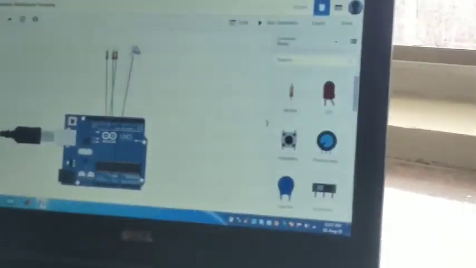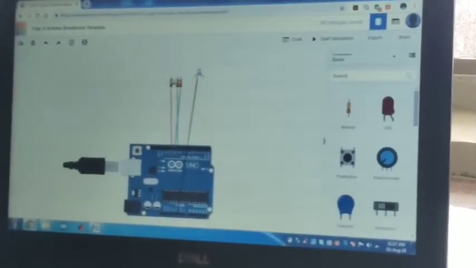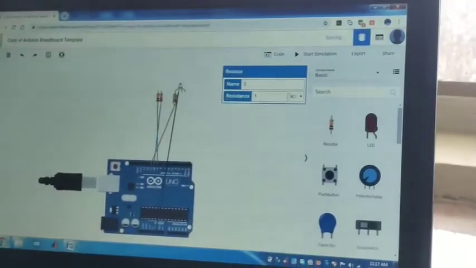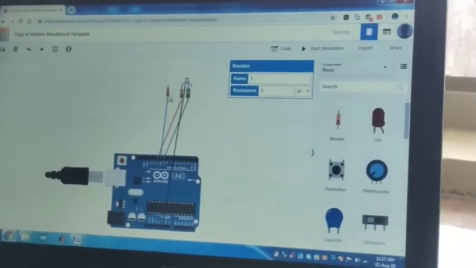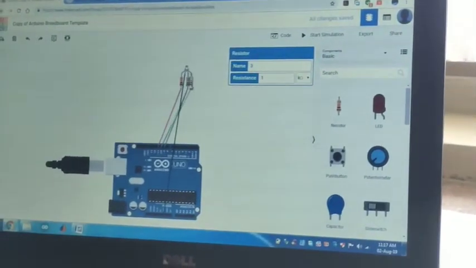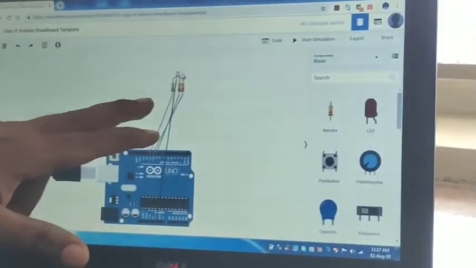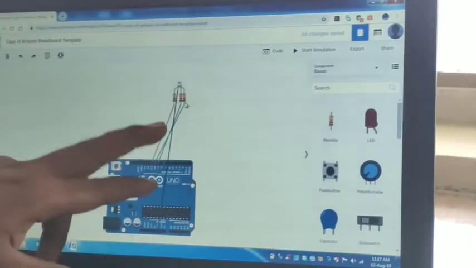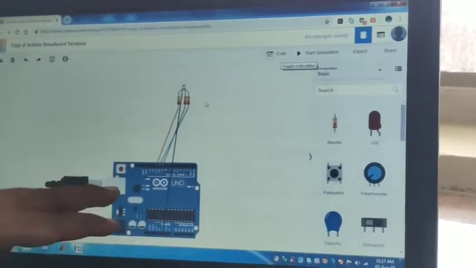So here is a typical RGB LED with a connector, and you have your resistor. I made my design already. Here I have used one RGB LED followed by three resistors, right? And this is the physical design, right?